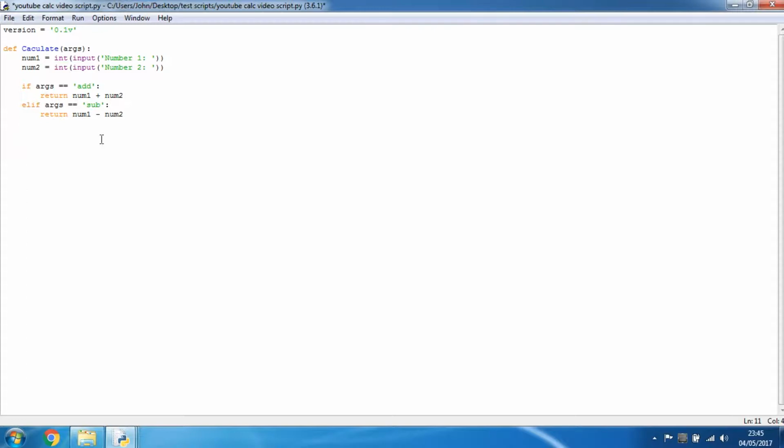After this, I'm going to be doing some dictionary-based stuff as well. Our next argument will be divide, because dictionaries are pretty neat. So I figured I may as well also do some stuff on those. Num2, don't know why I did that there. Elif args equals mult for multiply, move the mouse out the way there, and then return num1 times num2, and